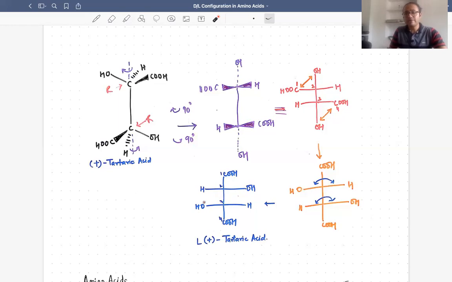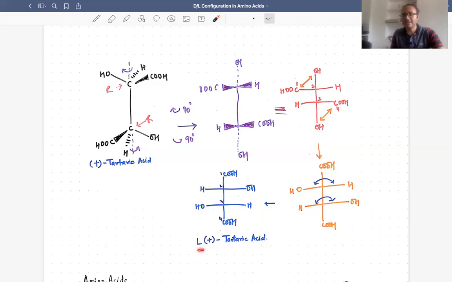So now when you compare with glyceraldehyde, if you check the penultimate chiral center, this is the penultimate chiral center in this molecule. Here the OH is on the left side, and therefore according to glyceraldehyde structural correlation, when the OH is on the left side, the configuration is L. Okay, and that's why your tartaric acid, that is dextrorotatory, that is the natural tartaric acid, is having a capital L configuration. So if you remember the first video that I did on DL configuration, there I talked about this L tartaric acid.